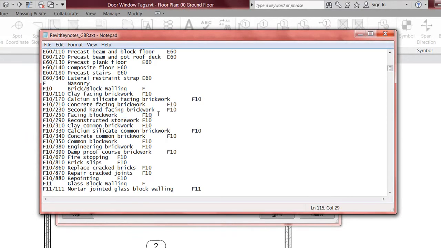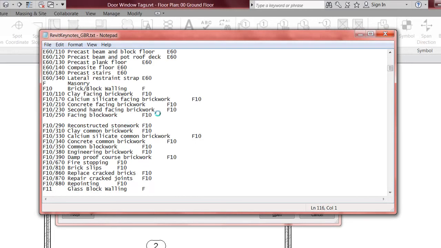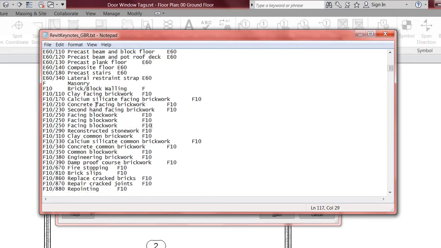Control C, Control V, Control V. I want to make this 260, 270, and I want to change this to 100 mil concrete block,